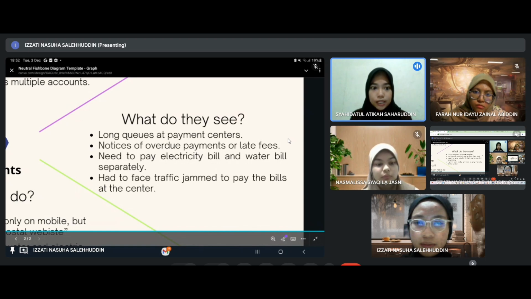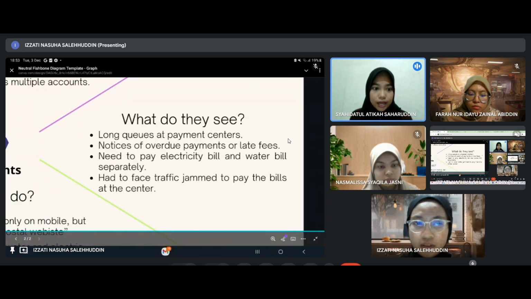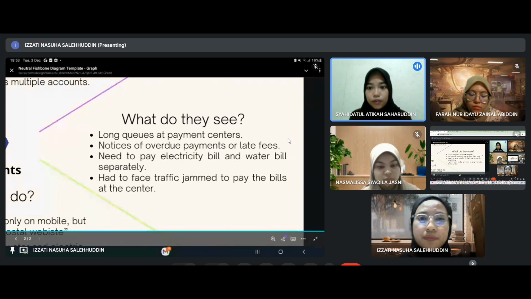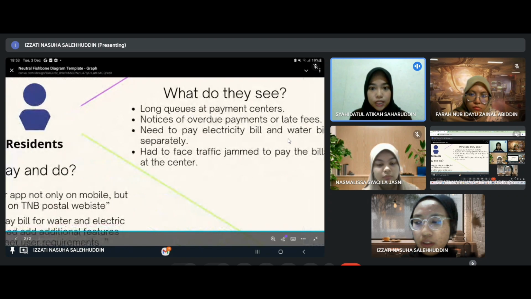They regularly see reminders of overdue bills or additional late fees, which can feel overwhelming and stressful. Next, they need to pay the electricity bill and water bill separately. They notice that they have to handle separate payment processes for different utilities. The last one is having to face traffic jams to pay the bills at the center.